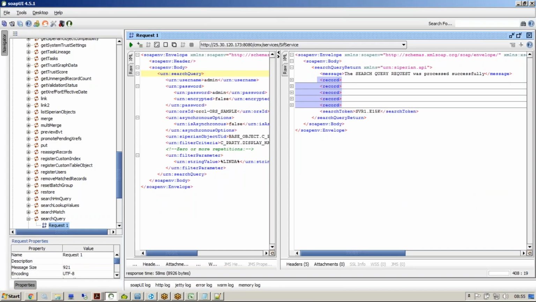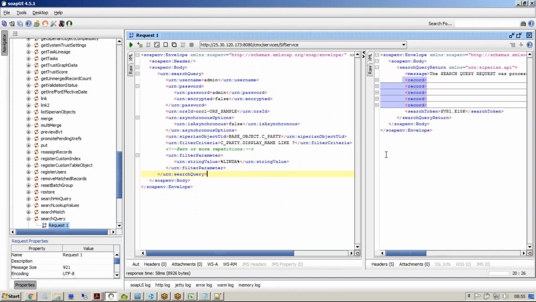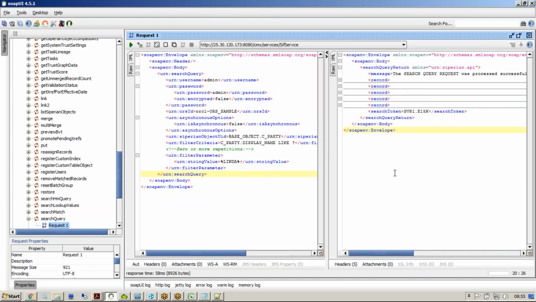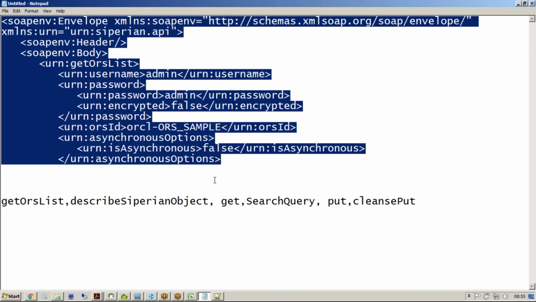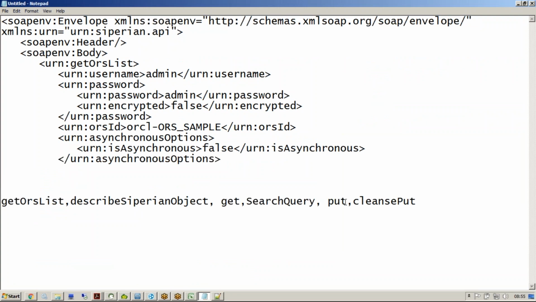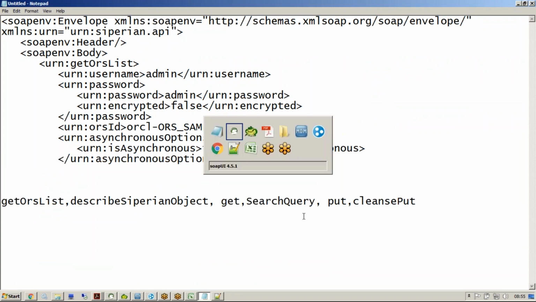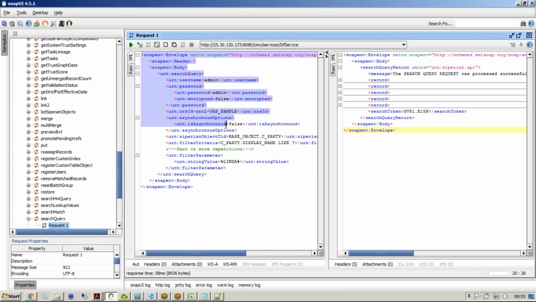So you understood the difference between get and search query. Multiple entries you will get in search query, right? Simple logic. That's what the search query is. Then we have something called put, cleanse put. Both are used to create a record. First let's see the put. So you can copy paste till this,